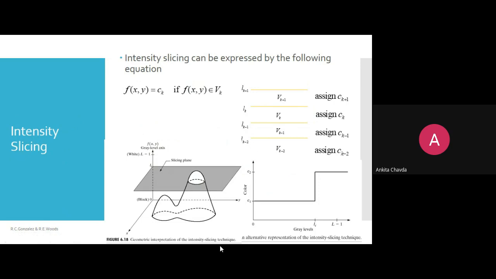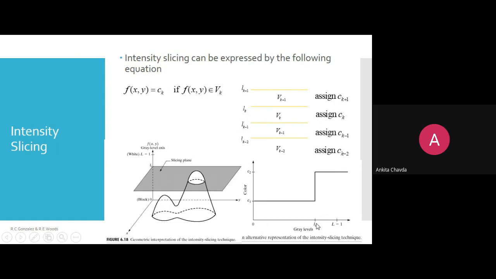One is intensity slicing, or you can say density slicing, right? From any point, you are simply slicing your plane. So you are just dividing intensities into two parts. To one part you give one color, and to the other part you give another color. Based on that, wherever you have that slicing, that is your plane Li. Maybe it is L1, L2, L3, L4, and so on, right? It could be multiple. But for this example, we have only single plane slicing, right?